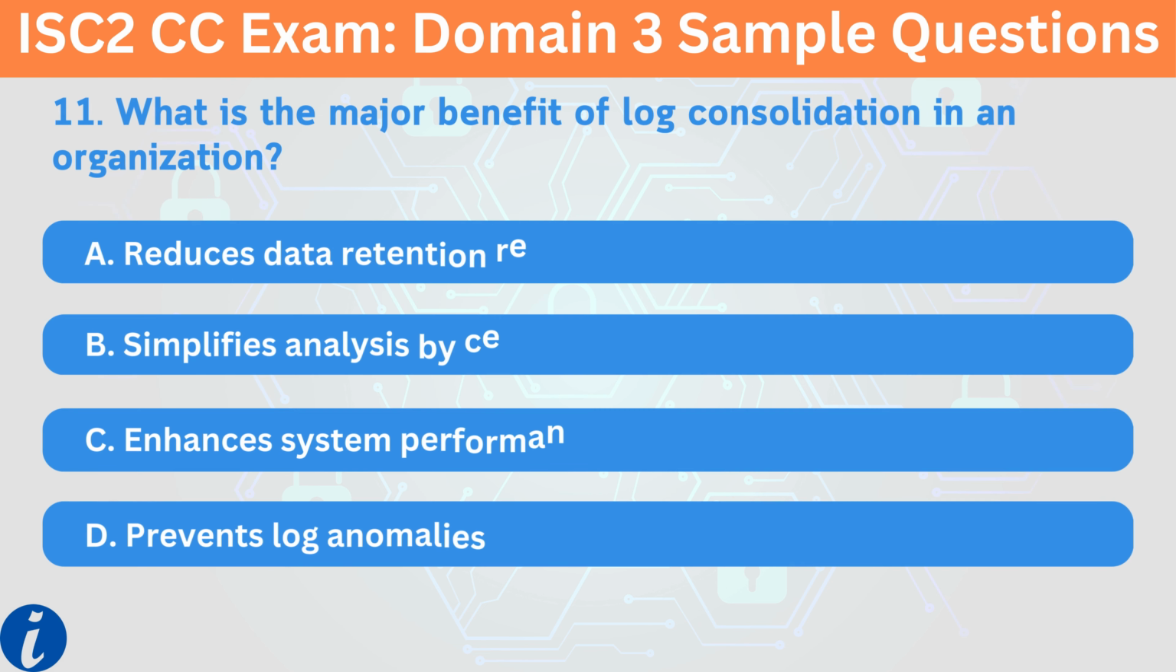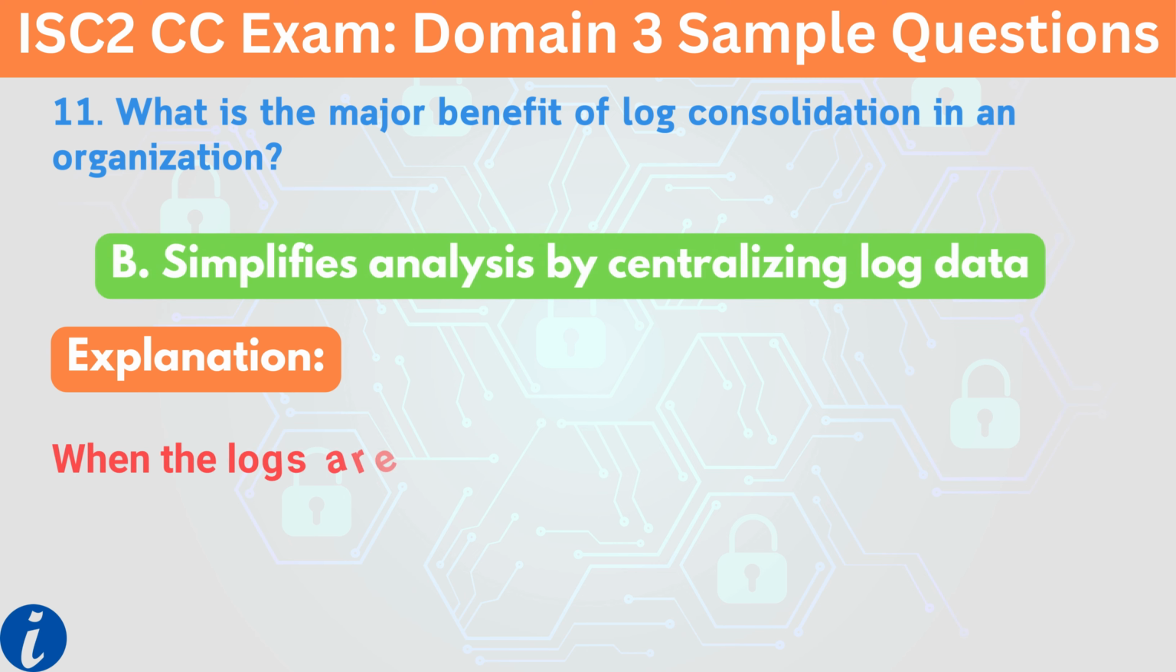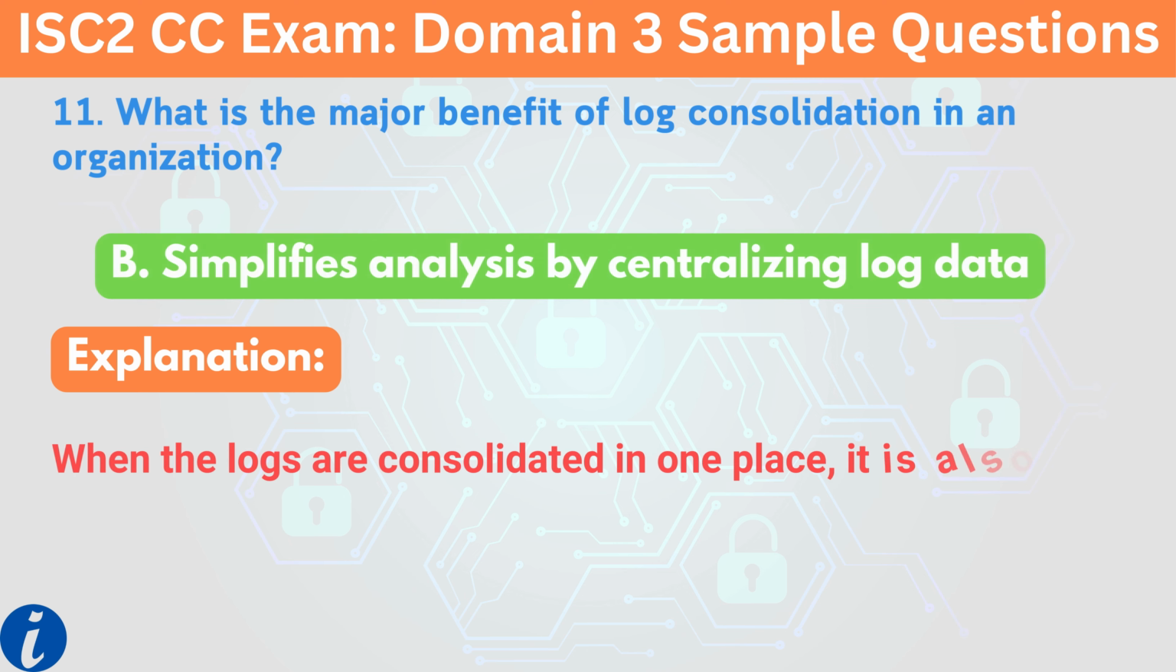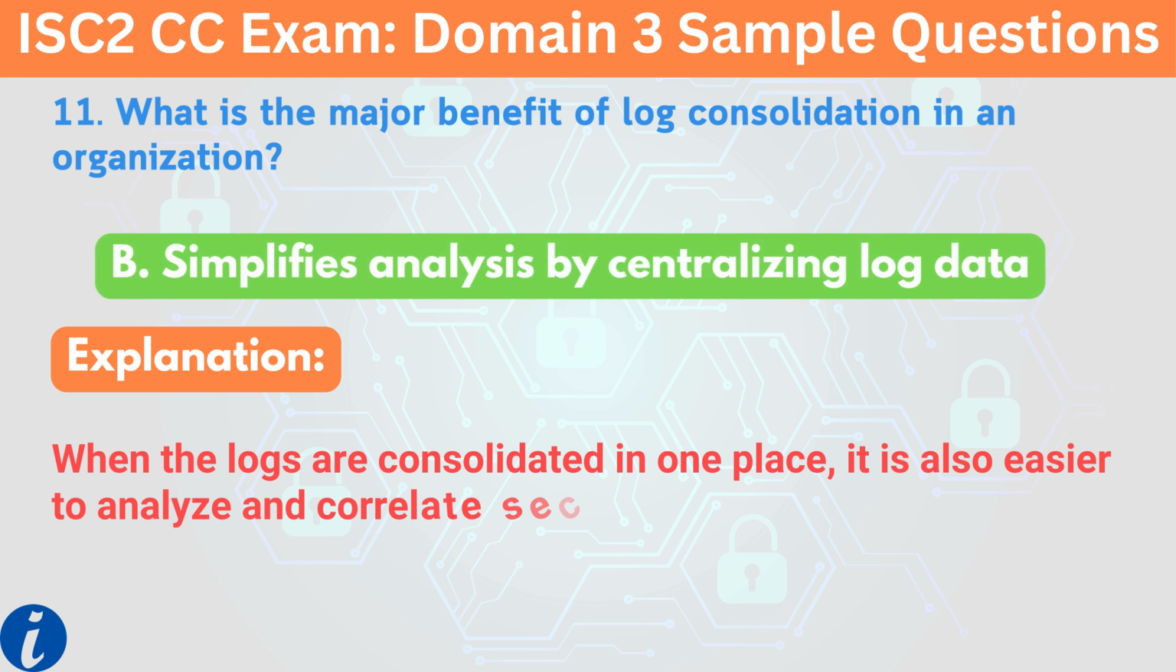11. What is the major benefit of log consolidation in an organization? A. Reduces data retention requirements. B. Simplifies analysis by centralizing log data. C. Enhances system performance. D. Prevents log anomalies. The correct answer is B. Simplifies analysis by centralizing log data. Explanation. When the logs are consolidated in one place, it is also easier to analyze and correlate security events between